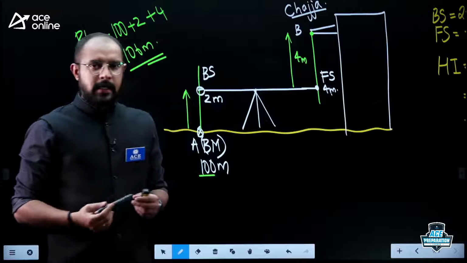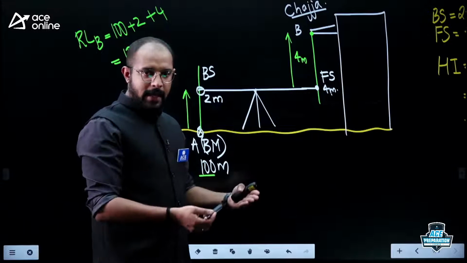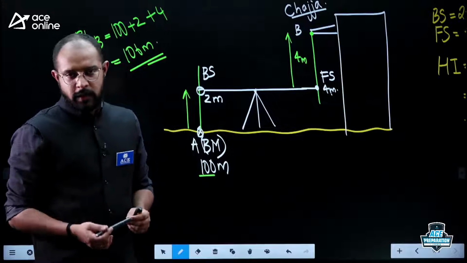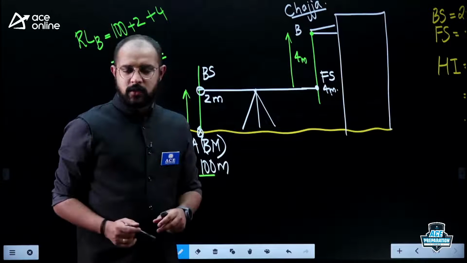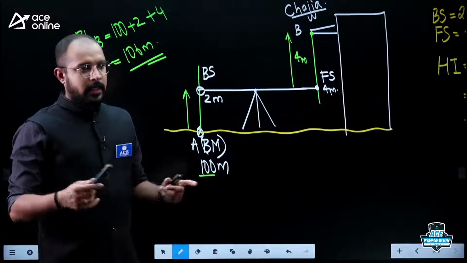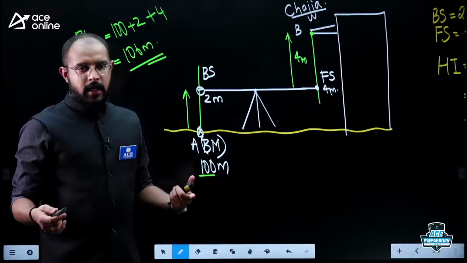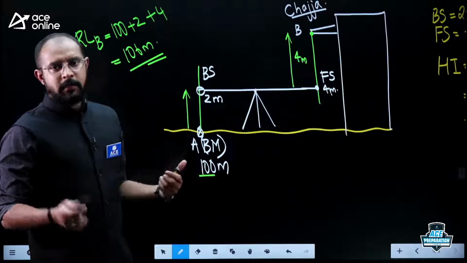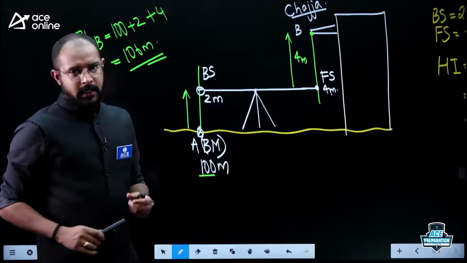And also missing data. When they give you a tabulation, find out the missing data. That is also a GATE model problem. Inverted staff reading is also a very, very important area in the GATE examination. It's a frequently asked area. So you solve it by drawing 3 lines and by writing 1 equation.